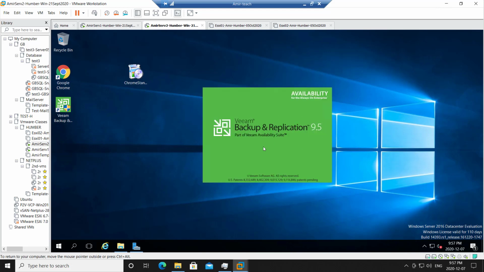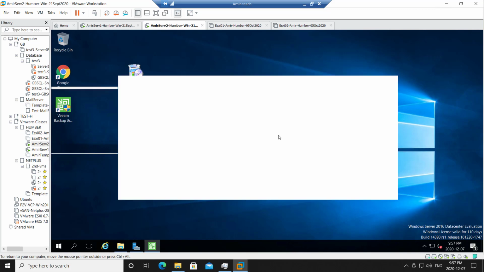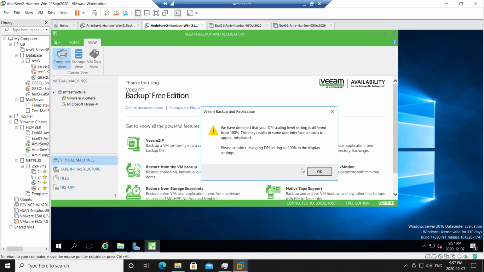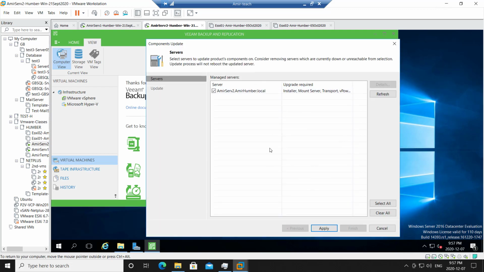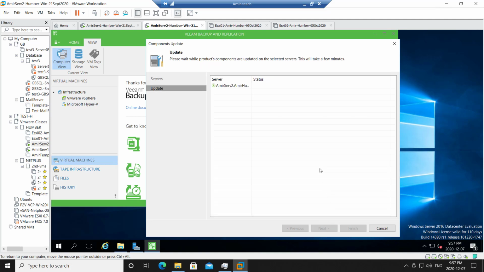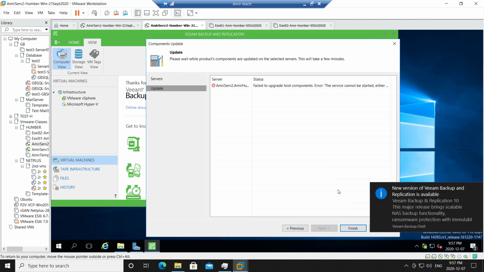And now the software is starting, but there will be another pop-up coming for the update. So when it comes, I'll be clicking that as well. Okay, this we can ignore or press OK. So this pop-up comes. This is also still updating, and just click apply. And whenever it says finish, just click finish.